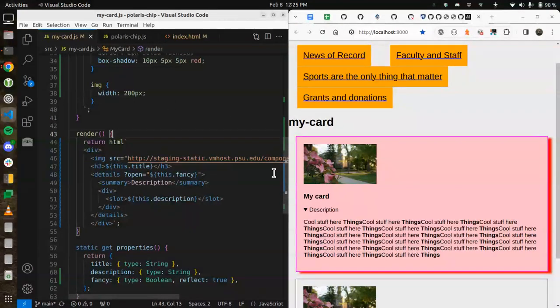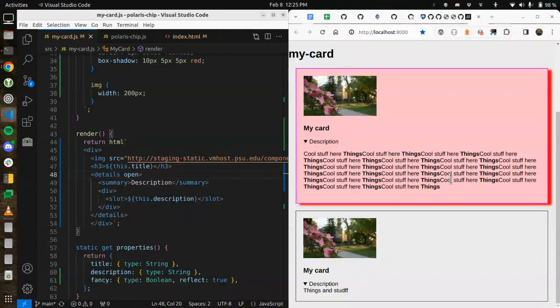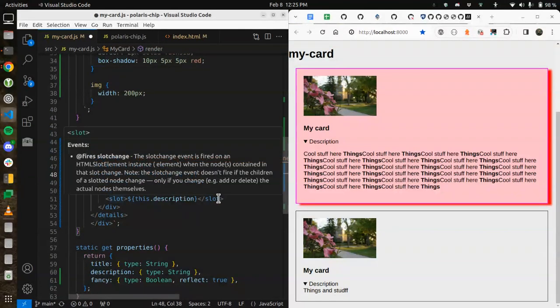So I haven't added that yet, but the reason that this currently is doing this is because of this, which is another concept, and we'll keep looking at examples of this. So if you read the docs on details, I could write this just like this. I could say details open. All right, now it's just open because that's what I'm setting. I'm saying, hey, this thing is here. It defaults. It is open. What this is saying is